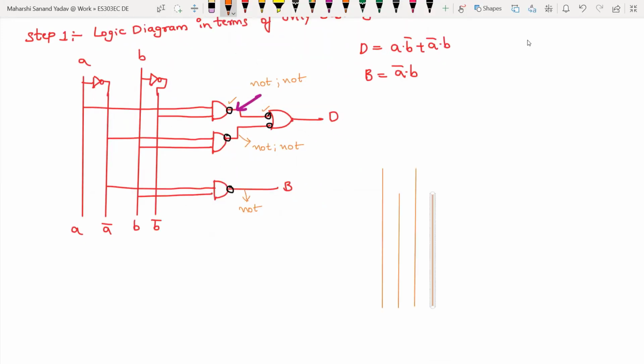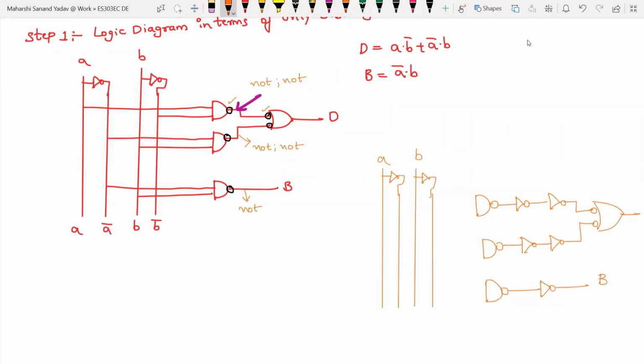Let me redraw the circuit. The same concept, I'm taking NOT gate, and here also one NOT gate. This is A, this is B. On this line I'm adding two NOT gates. Again same, two NOT gates here also, and they should be given to bubbled OR gate. Next, here also one NAND gate, and as one bubble is there, put one NOT gate. This will be borrow, this will be difference, and inputs for this are A, B bar, A bar, B, and this is again A bar B, A bar B.